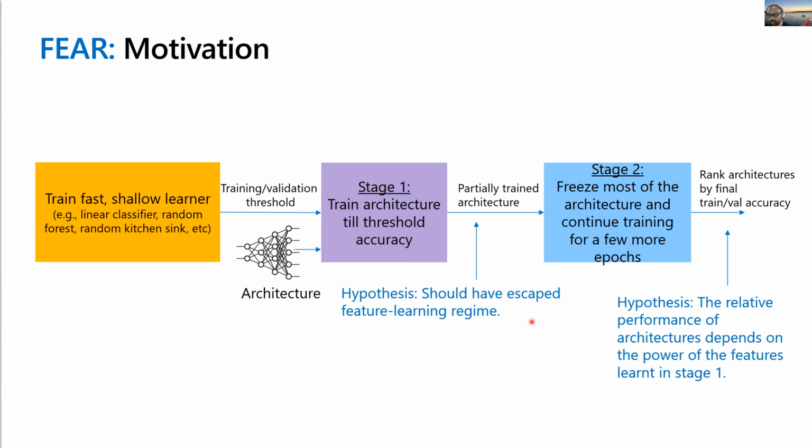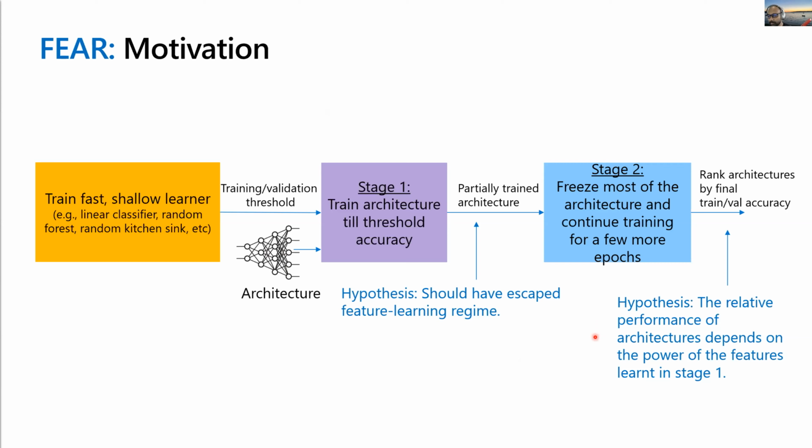So after that, when we do the second stage where we freeze most of the architecture and continue training, we are basically turning the architecture into a feature extractor. This is a very common trick. You usually do this if you have worked in semi-supervised or unsupervised learning. People do fine tuning this way. In vision, you train on ImageNet, freeze everything, and use it as a feature extractor for any downstream task. You can fine tune maybe only the last few layers, and that itself works pretty well.